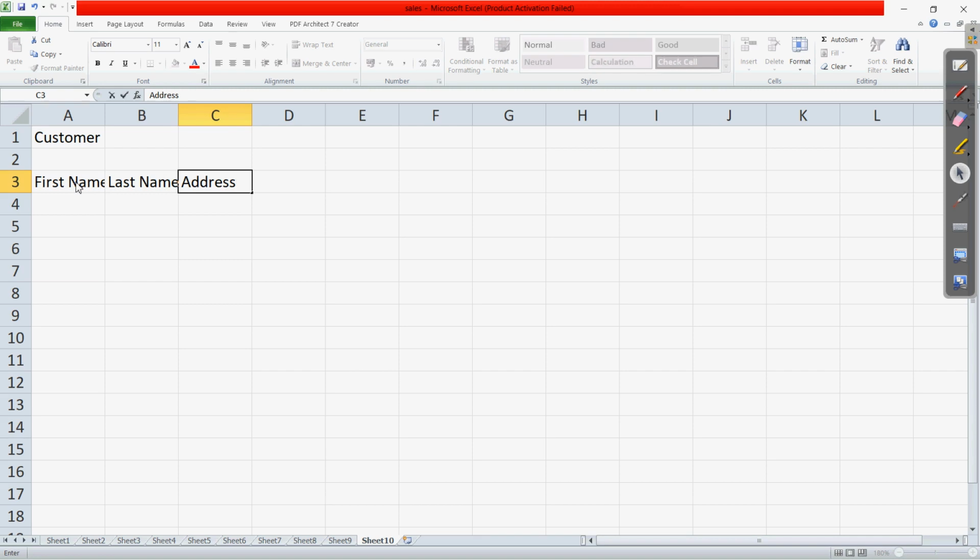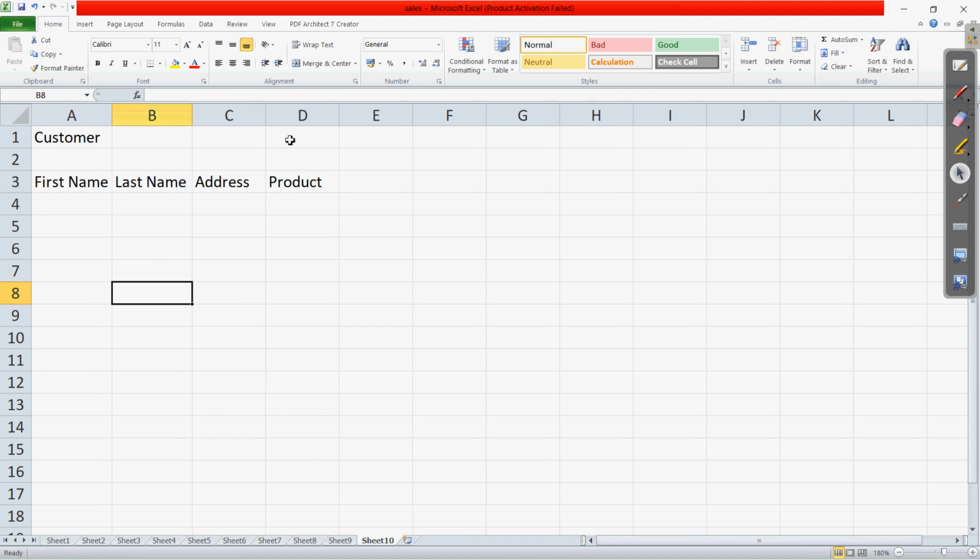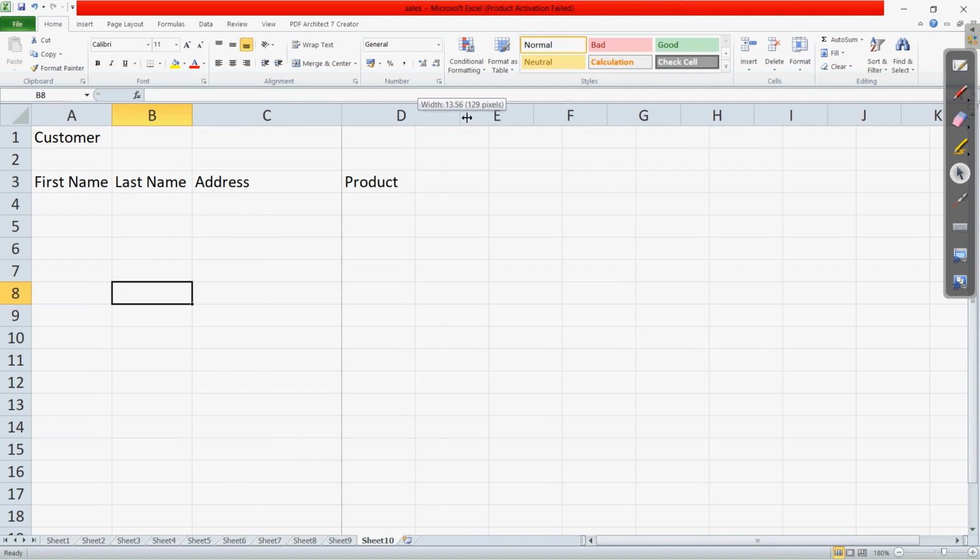After writing these labels, when we are moving to the next column, we have to press the tab key, then it switches to the next column. Then product. So these are all the names of the columns. If you want to resize a column, you can click at the top in between the two columns, and it will auto adjust, or you can increase the size of any of these columns. I hope this is clear. So this is the way you can write the names of the different columns. These column headers are called labels.